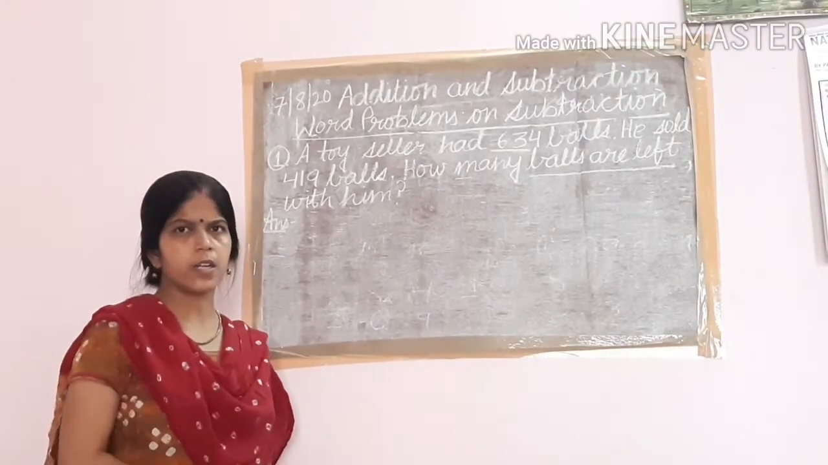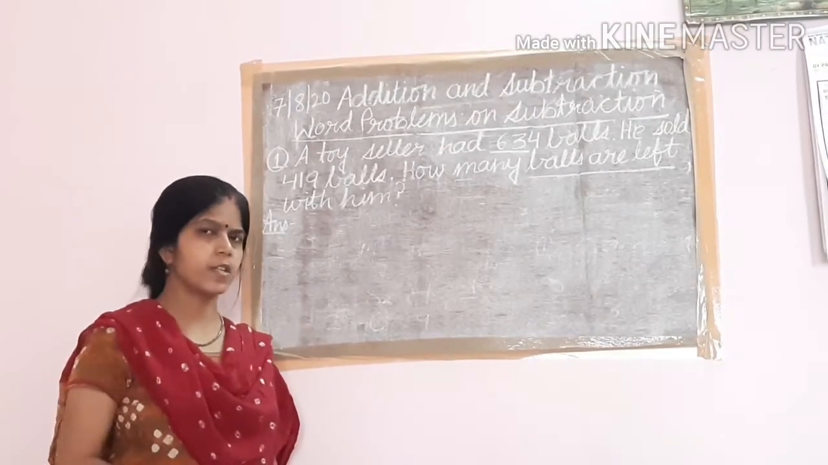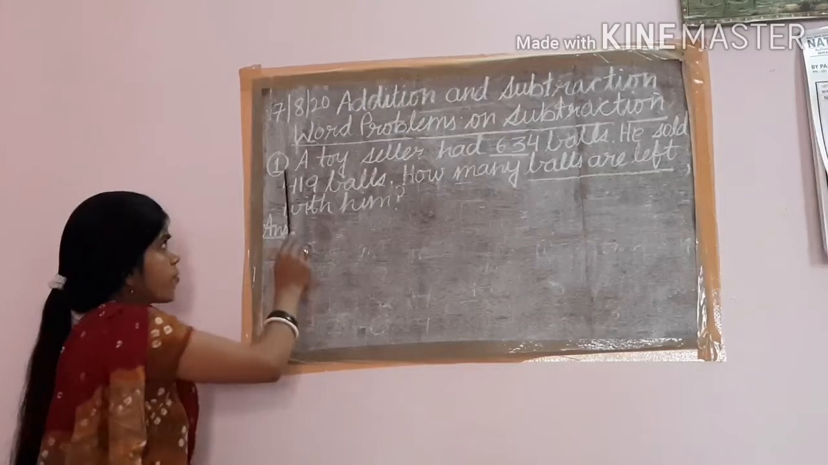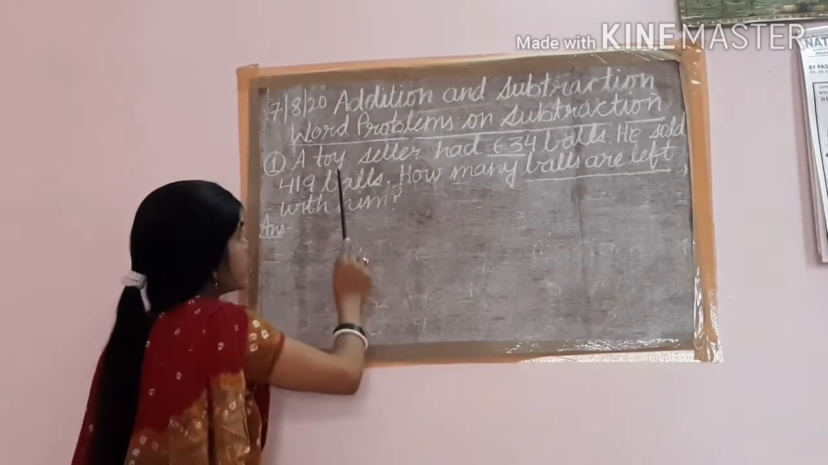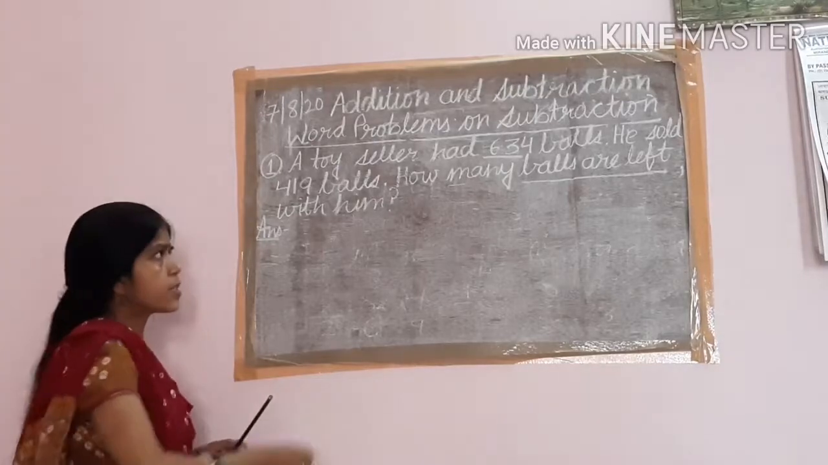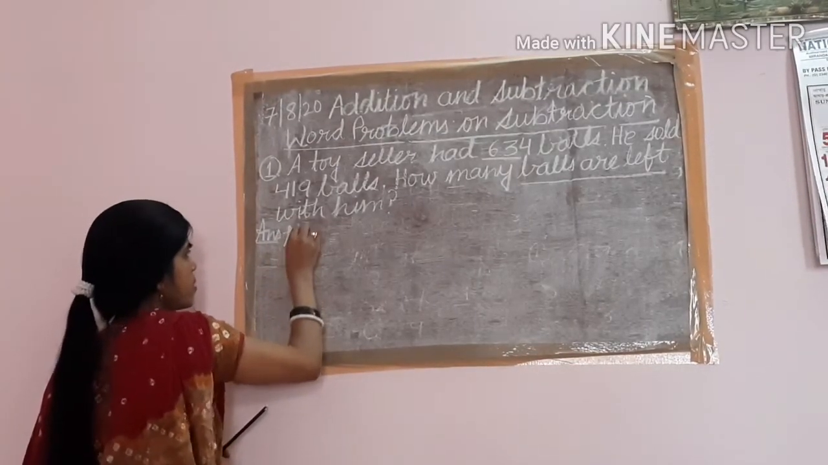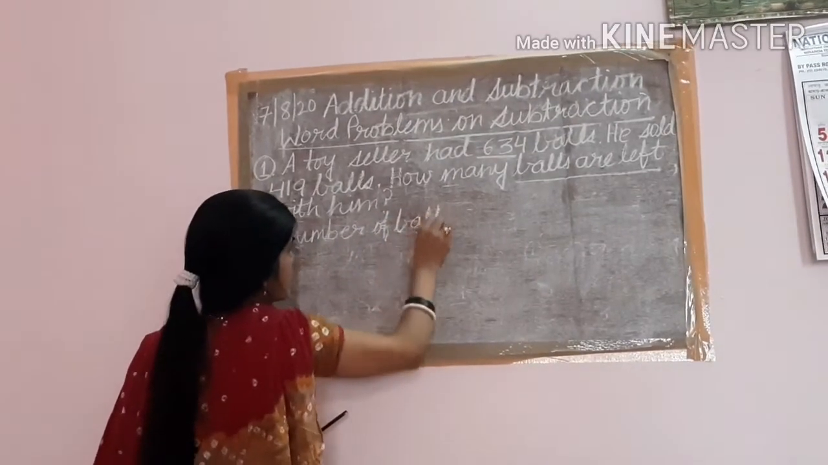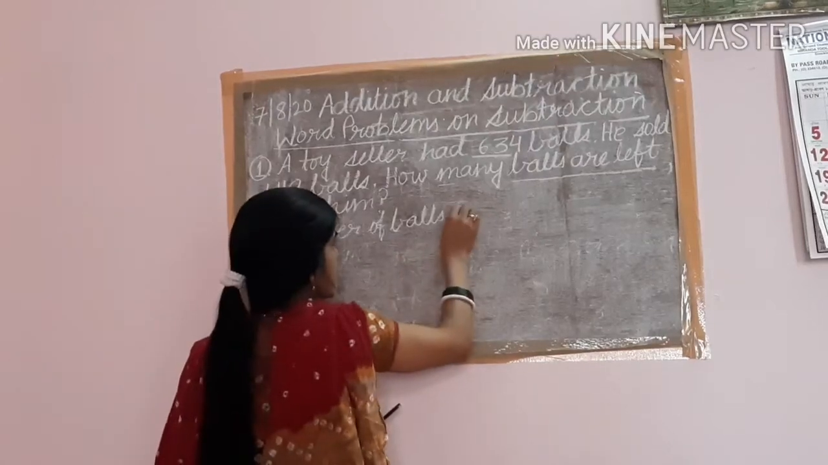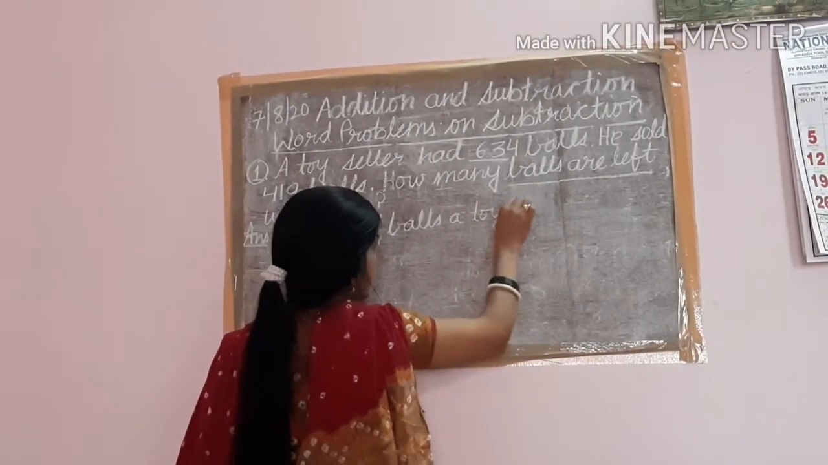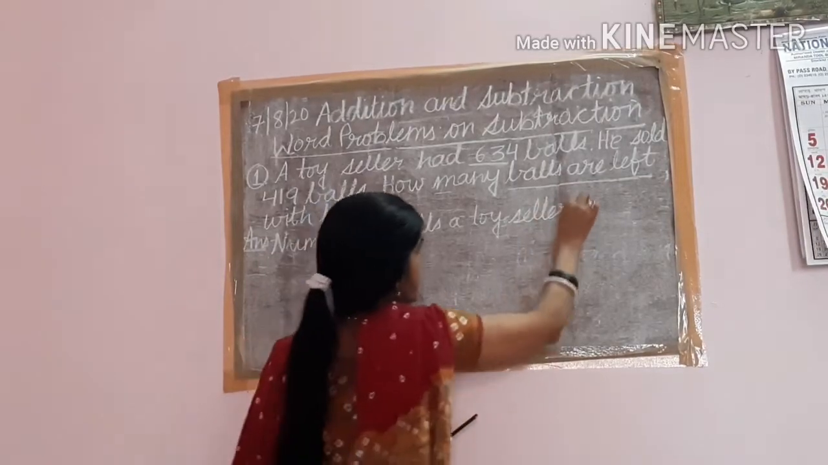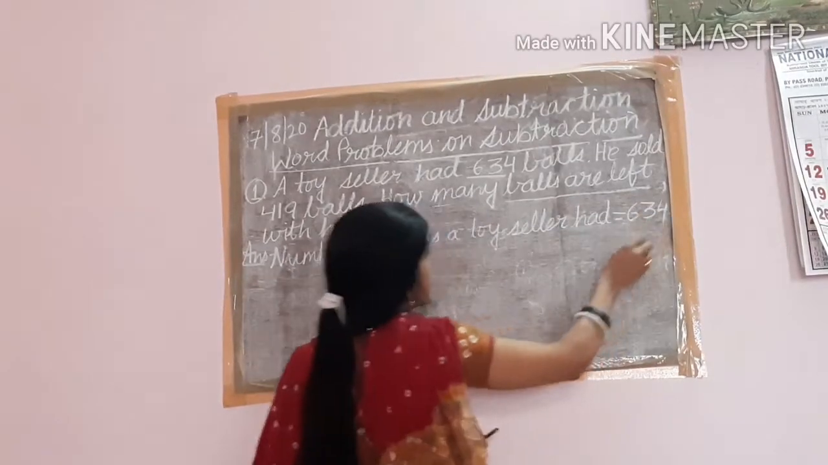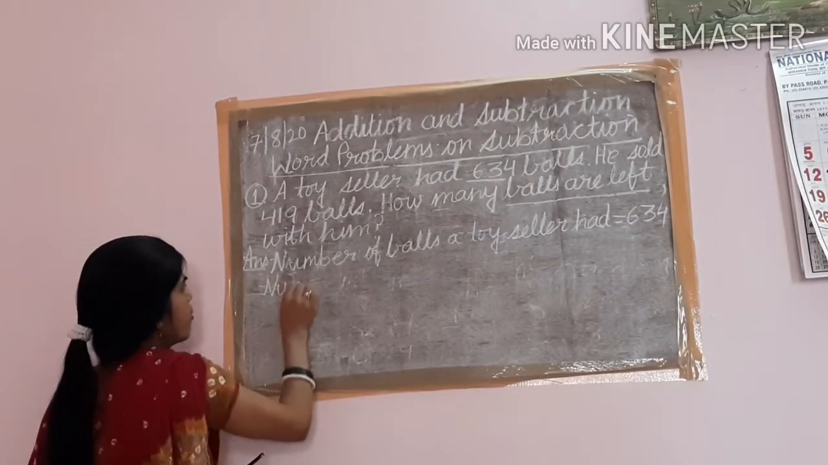So now I know what I have to do. Then it's very easy for me to write the subtraction statements. The first statement we will take from here. Who had balls? Toy seller. How many balls? 634. So write here: number of balls the toy seller had is 634. Then number of balls